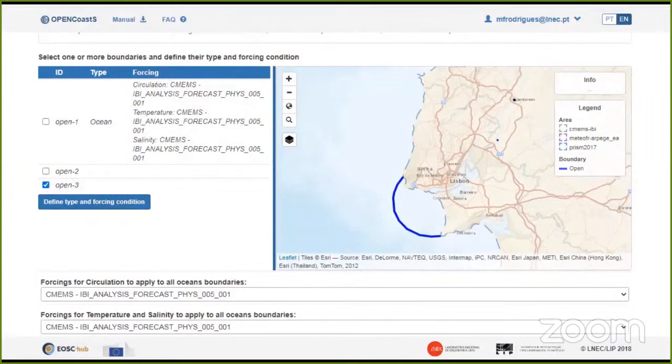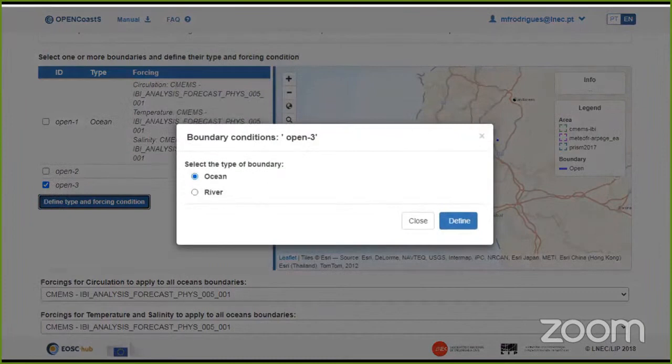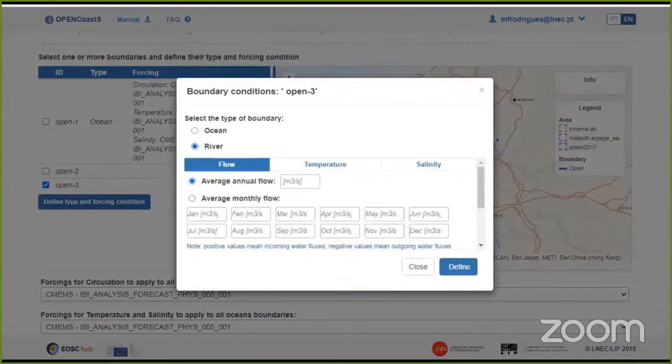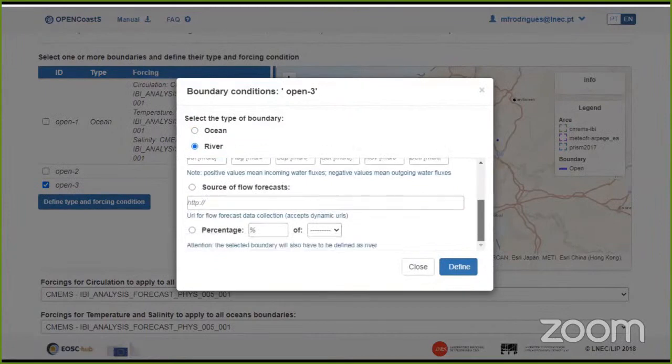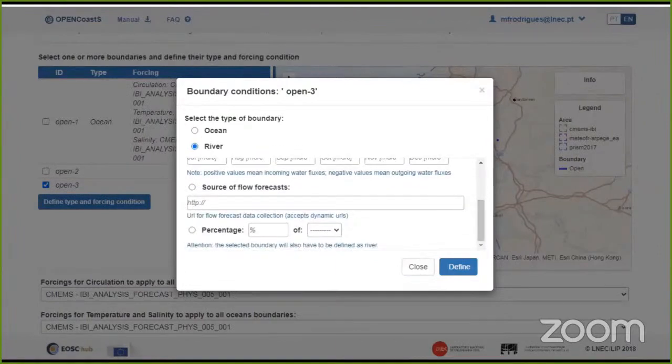This is the Tagus River in this case, and so I'm going to select a river boundary. So for the river boundaries, we need to input information about the flow, the temperature, and the salinity. For the flow, we can set up an annual flow, a monthly flow, or give a source of flow forecasts, which is what I'm going to do in this case.